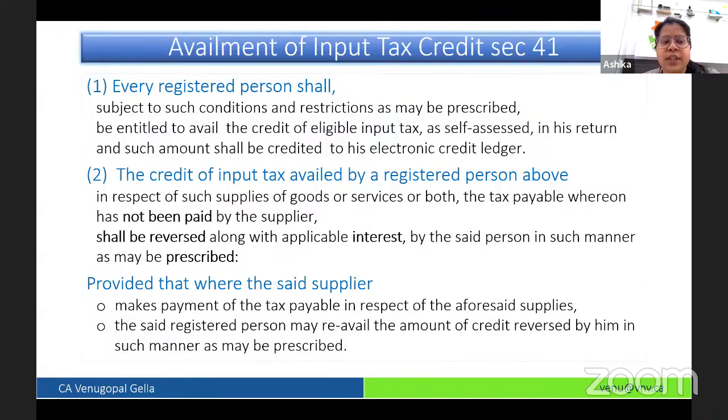For availment of input tax credit, another important point is that, as we said, if you are eligible and you have reported in GSTR 3B, then only availment of ITC happens. But there may be a case where you have availed ITC in compliance with section 16, meaning you are in receipt of goods or services, you are in possession of the tax invoice,